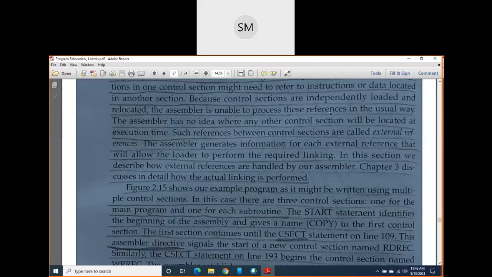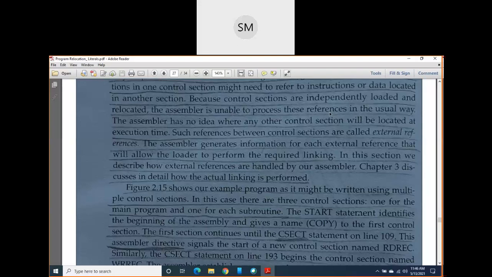Correct? Suppose in the previous program, I told you one example of how to generate an object code. That instruction was LDA length. If you observe that instruction carefully, the opcode for LDA you will find from Appendix A, no problem. And the nixbpe flag bits also you will write, no problem.